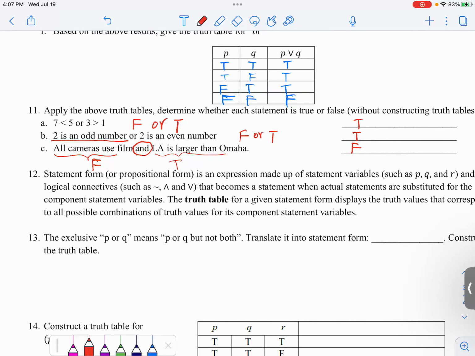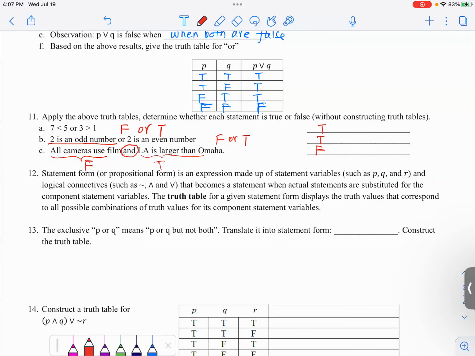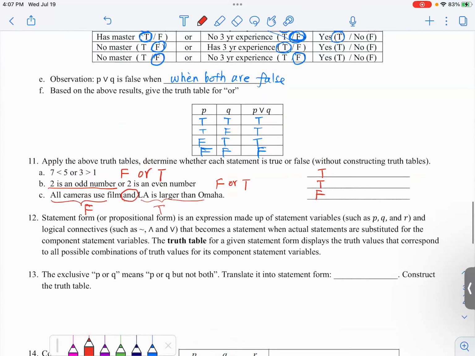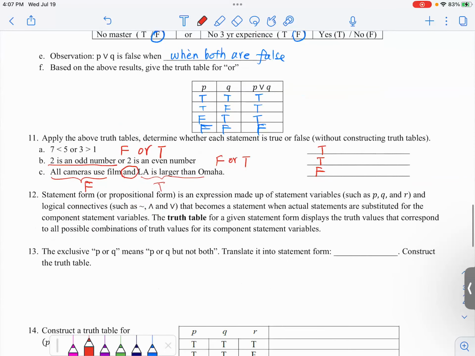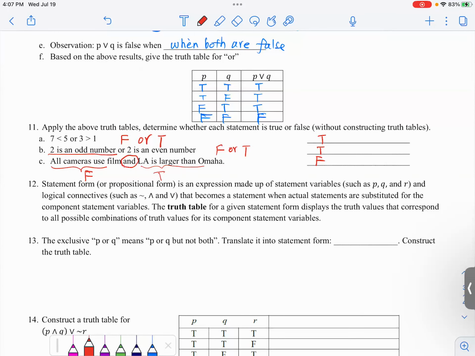All right, this is the second video of this section. We've learned the fundamentals like the truth tables for not, for and, and for or. In the next video, we are going to do something a little more comprehensive, like a combination of those, and then we construct